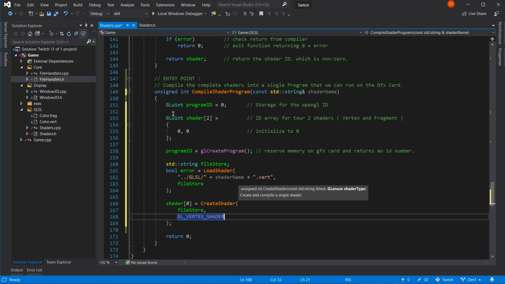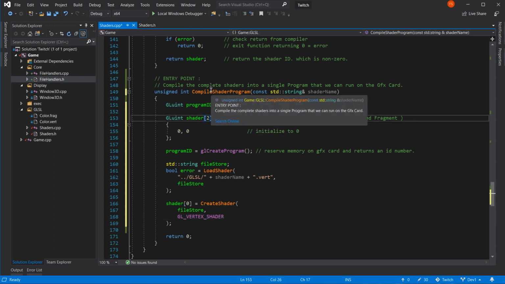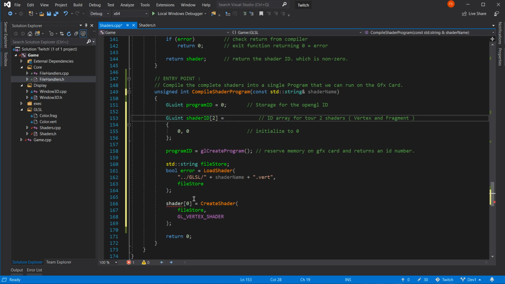I'm sorry, this is bothering me now. I can't read it properly.